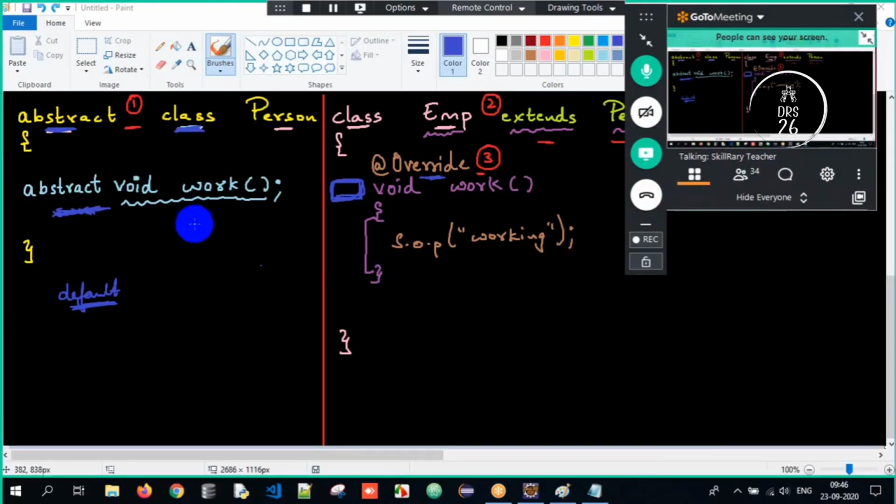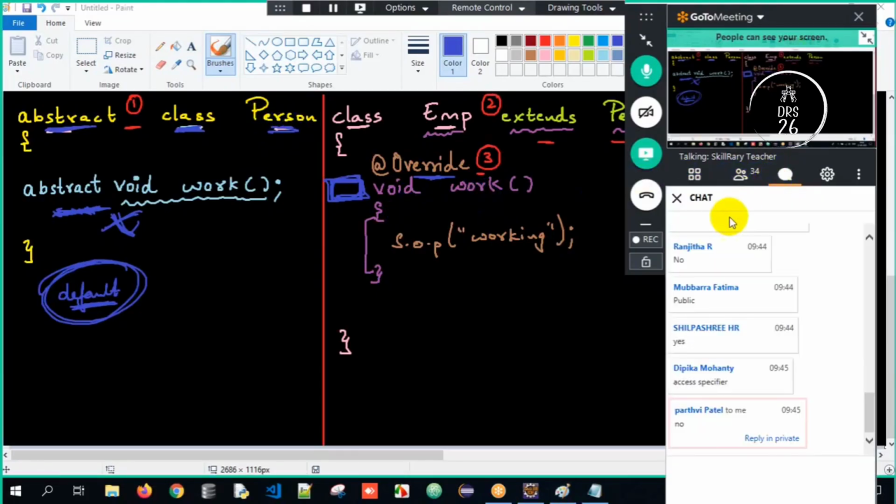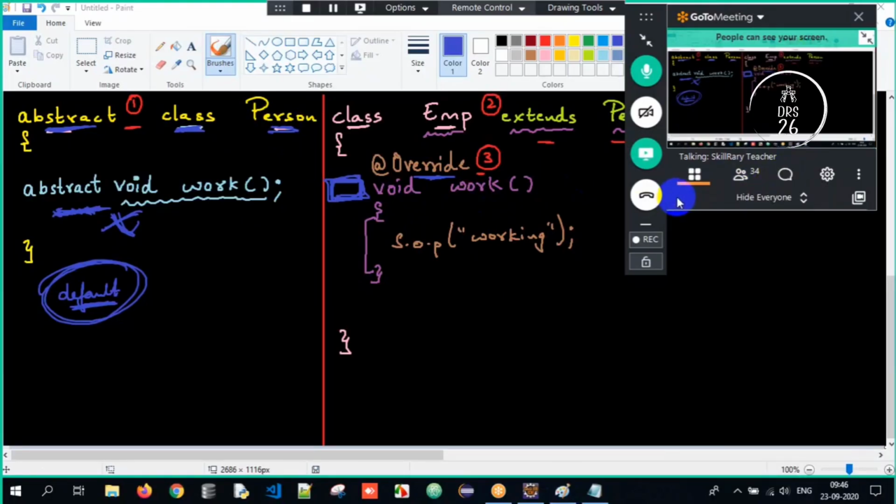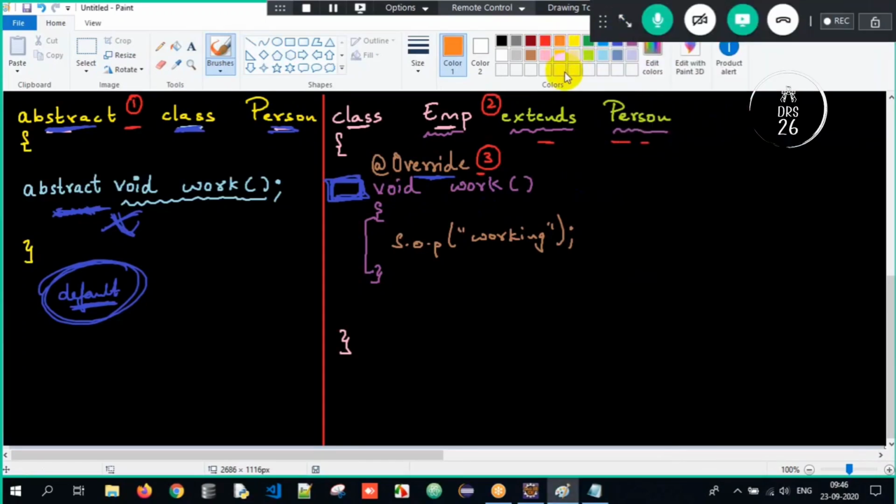So this is an abstract class, guys. In an abstract class, if you don't specify the access modifier, it is automatically default. So while overriding, you are retaining it as default only. If you don't write it, it is default only. If we had an interface called person, then it would be a problem. But it's an abstract class, so there won't be any problem. It's slightly confusing, I know, but you have to overcome that. Don't worry, by the end of this session, you'll have clarity.